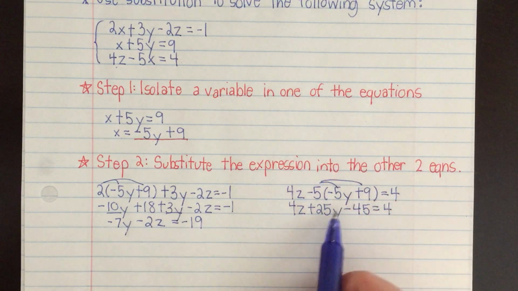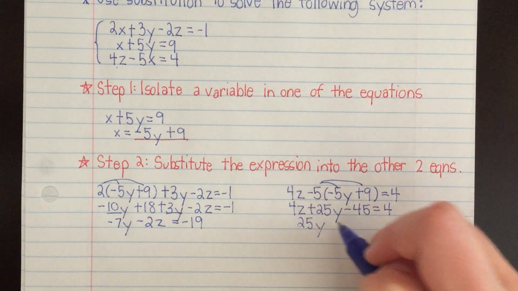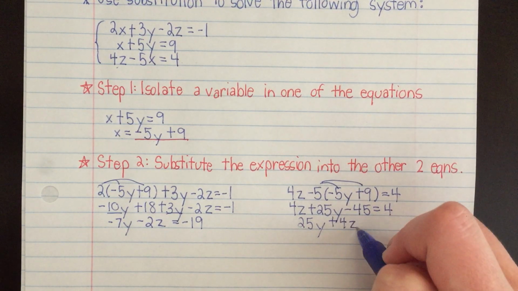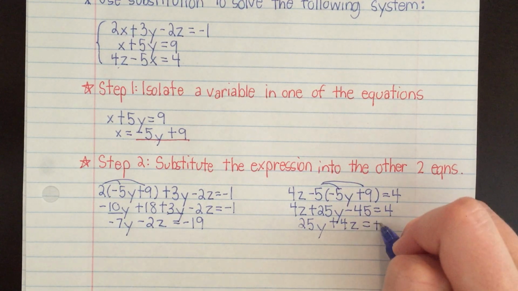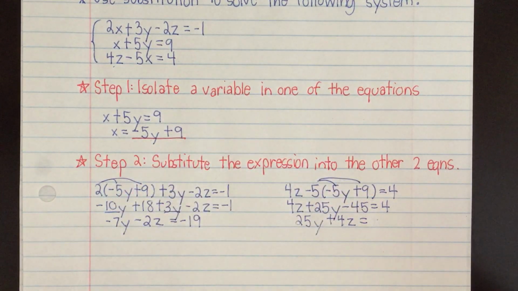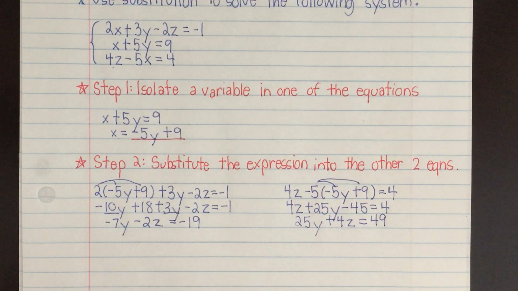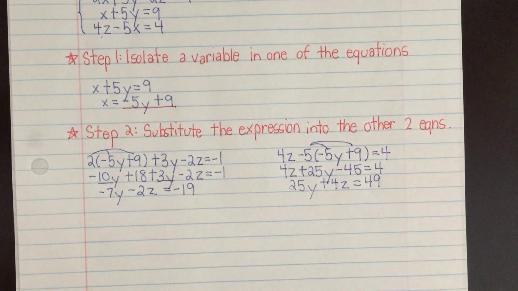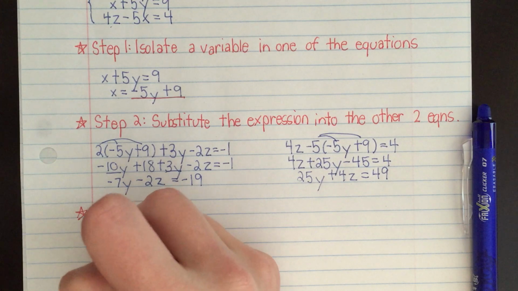To clean it up, y should go in front of z, so 25y plus 4z, and that negative 45 needs to move over, so it becomes a positive 45. Combined with the 4, that will be 49. Okay, now that my equations are cleaned up,